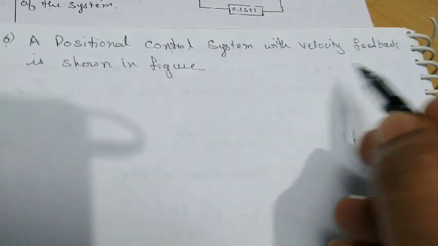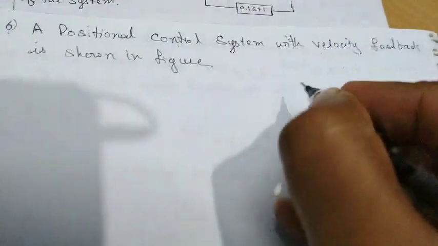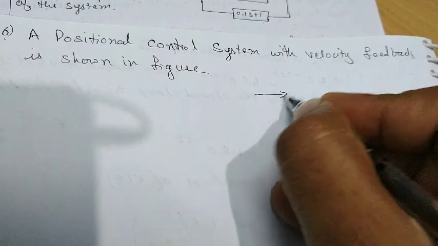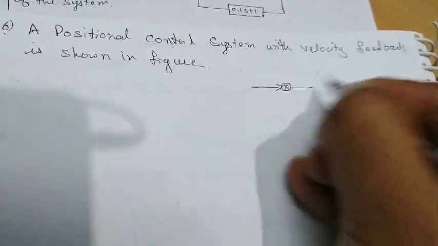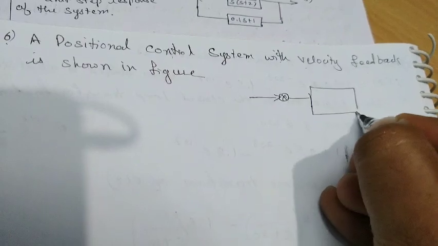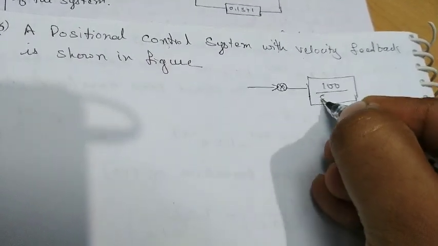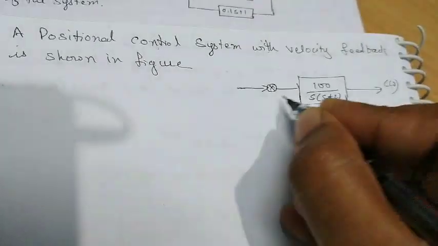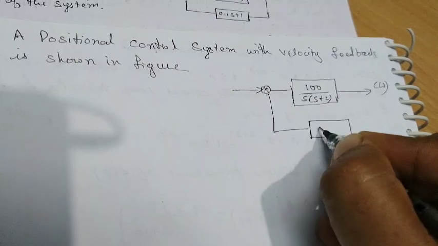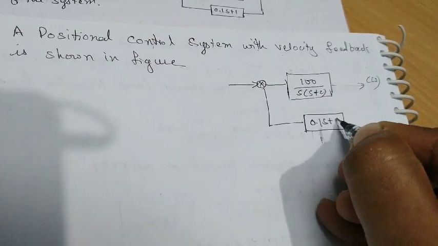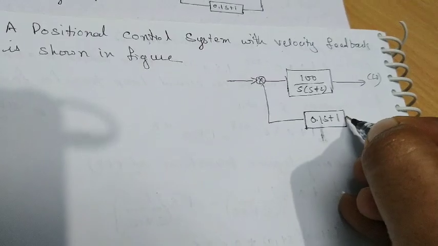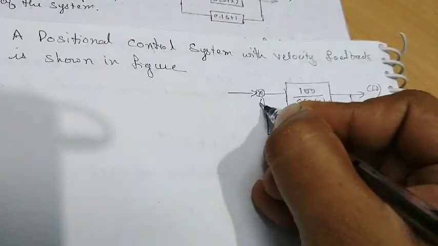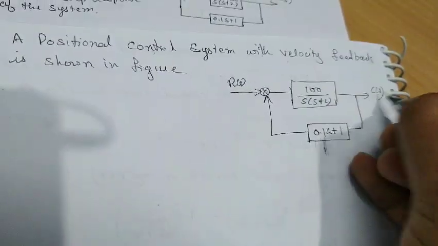Problem number 6. A position control system with velocity feedback is shown in the figure. The forward path is 100 by s into s plus 2, and this is the feedback element, 1 by 0.1 s plus 1. R of s and C of s. It is asking you to find